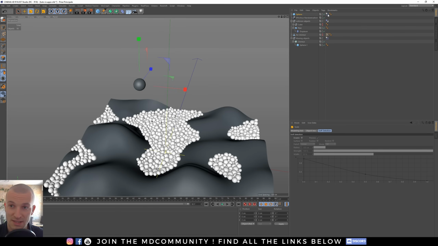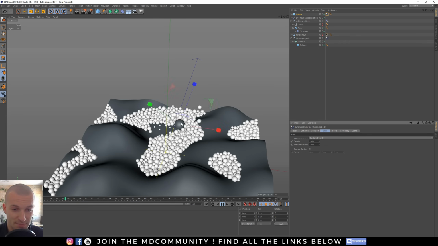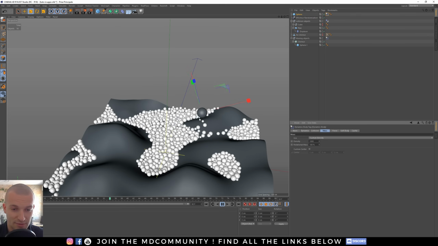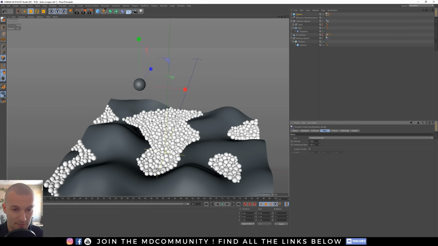So I go in this tag and I have mass. I can use a custom density, and I will increase this value. Now if I hit play, you can see this ball is very massive, and don't care about the little spheres.